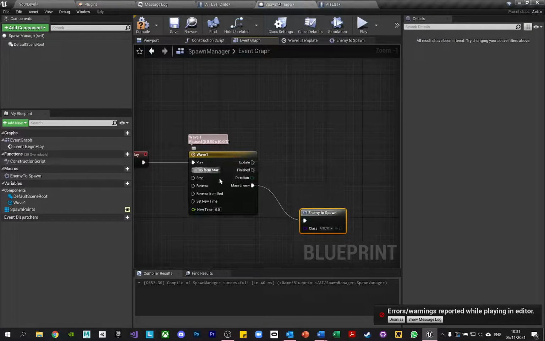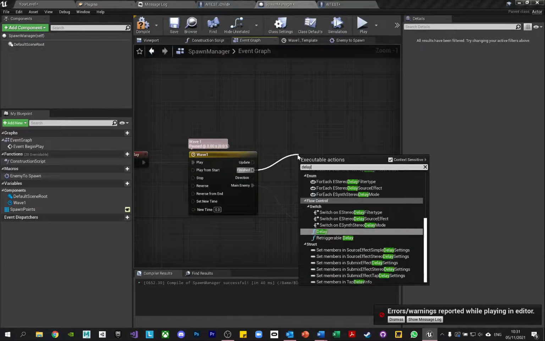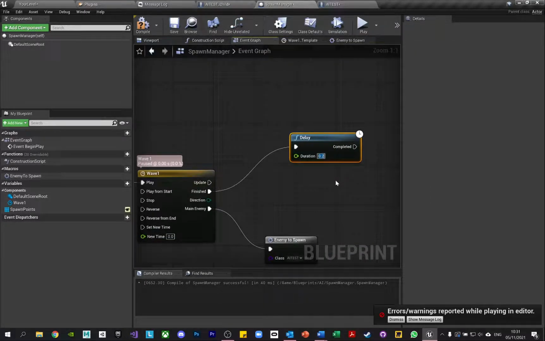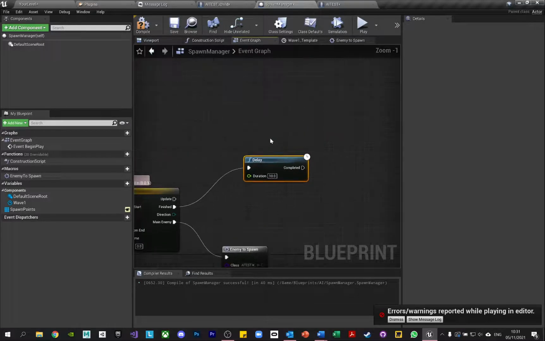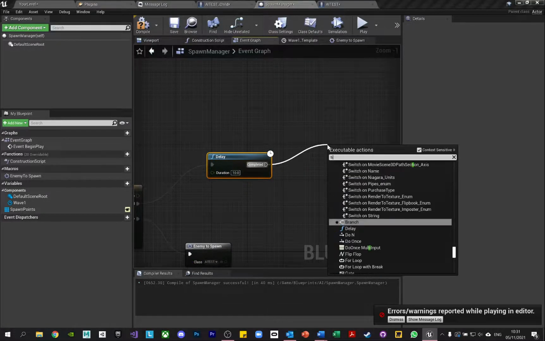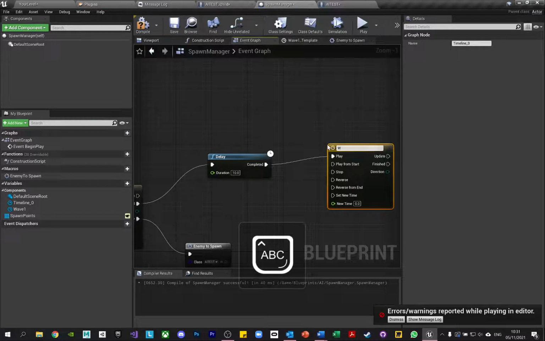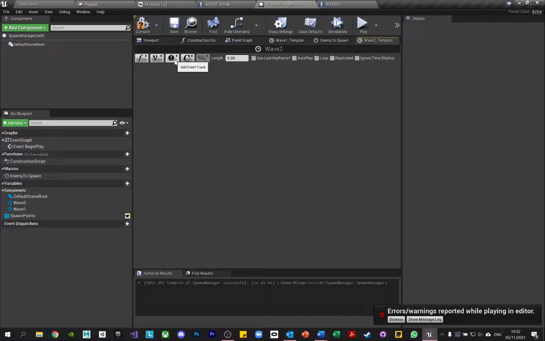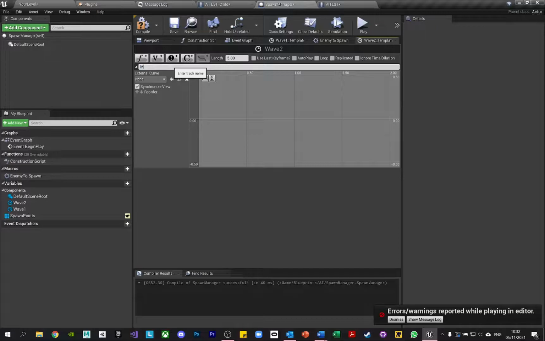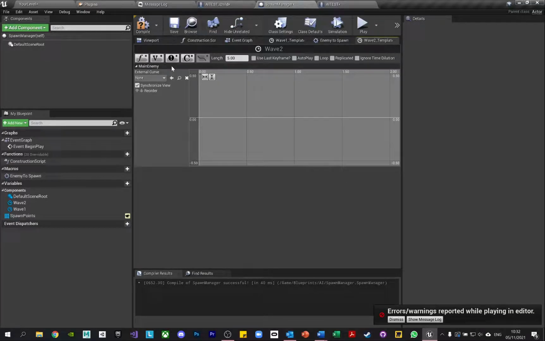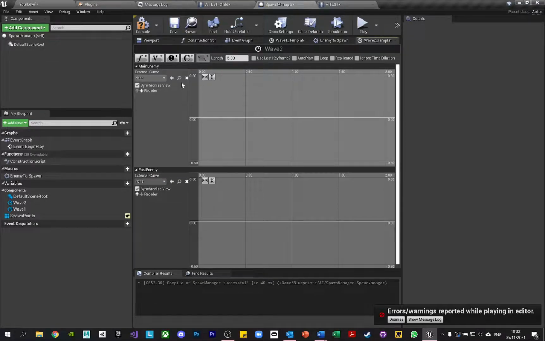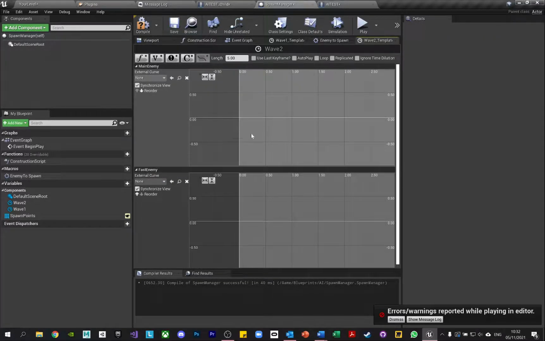So whenever we finish this wave, what we could do is add a delay of maybe 10 seconds, and we could make a new timeline, and we could call this wave 2. Then all we have to do is go in here and make 2 event tracks. One is called main enemy, and the other event track is going to be fast enemy. I forget what I've called it. And we're just going to add in more